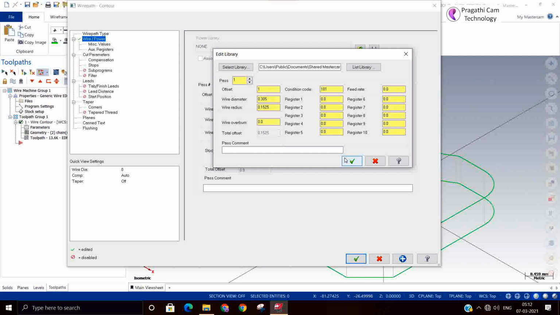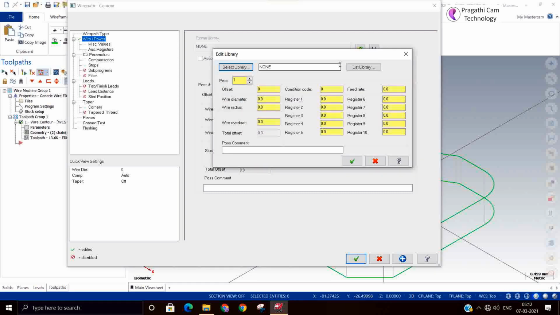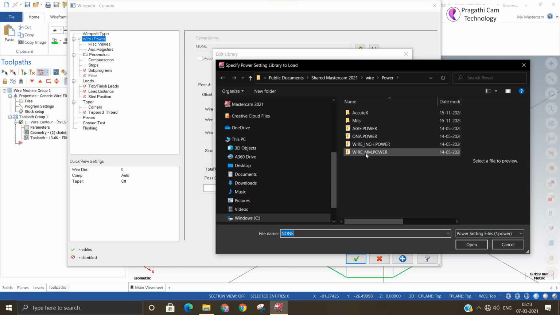My intention is to make you understand where the files are and how the locations are. But as a user, you need not worry much. Those things will be taken care of by the technical support engineer while installing the software at your place.